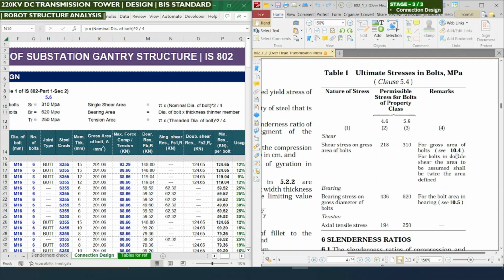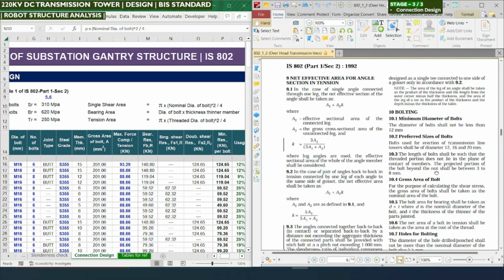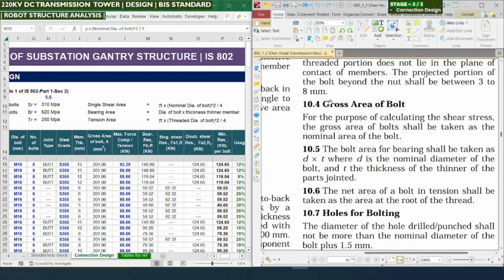You can see on the right hand side, it is mentioned 10.4 for shear stress and 10.5 to be referred for bearing. For that, page number 6 is to be referred. Here you can see 10.4, the cross area of bolt, states that for the purpose of calculating the shear stress, the cross area of bolts shall be taken as the nominal area of the bolt. So simply we need to find the area of a circle, because the bolt is in a circular shape, so we consider pi d square by 4, where the diameter is the nominal diameter